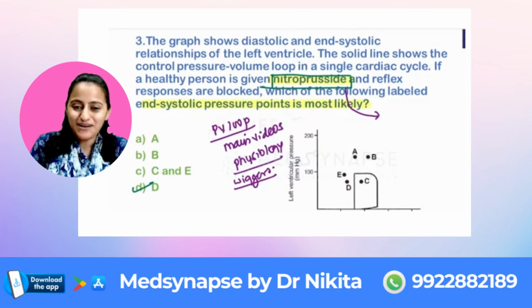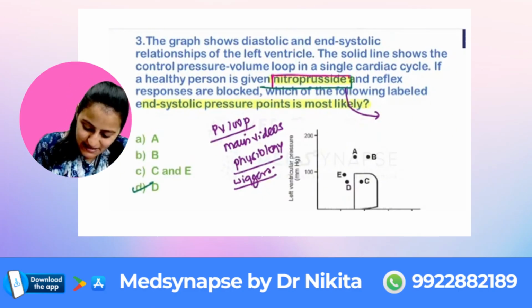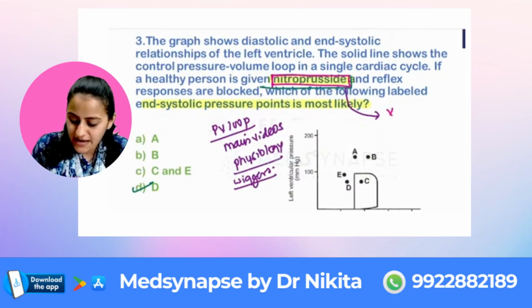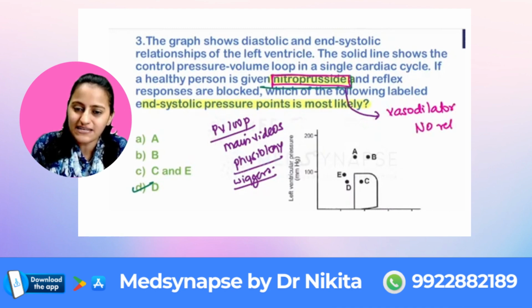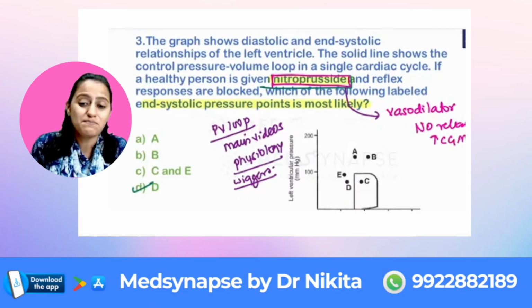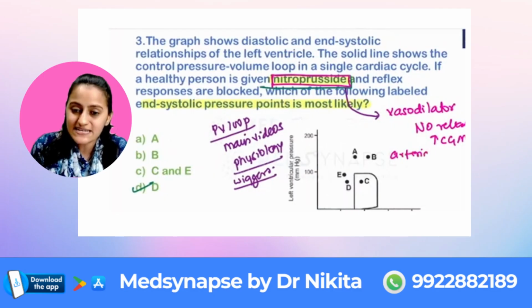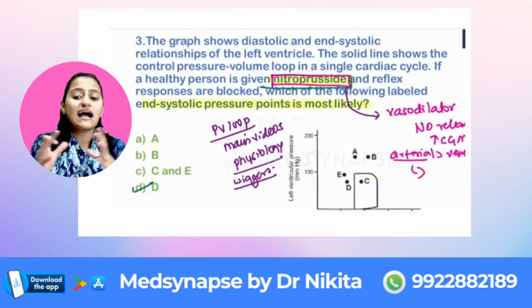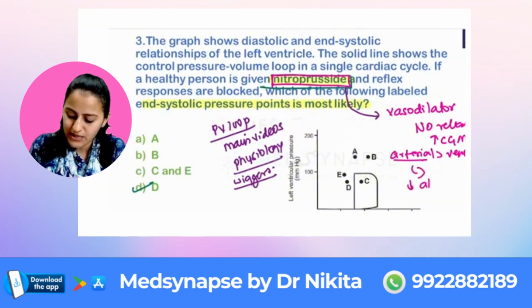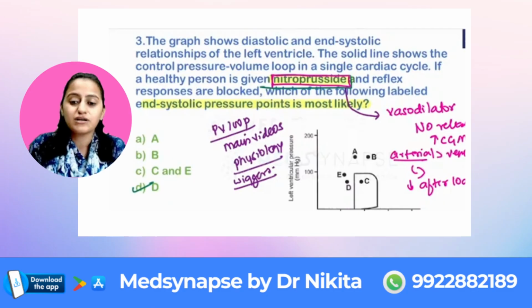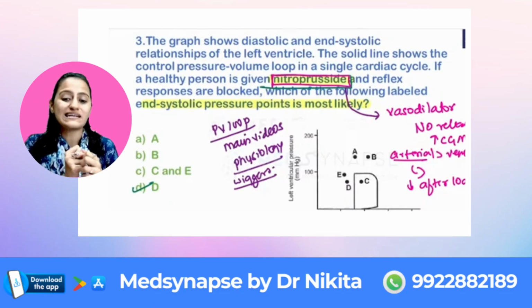So what do you have here with nitroprusside? Nitroprusside is a vasodilator. I hope all of you remember that. It releases nitric oxide. Nitric oxide increases cyclic GMP, and that is how it causes vasodilatation. It causes arterial dilatation more than venous dilatation. So by causing arterial dilatation, it is decreasing the afterload against which the heart has to contract and pump.